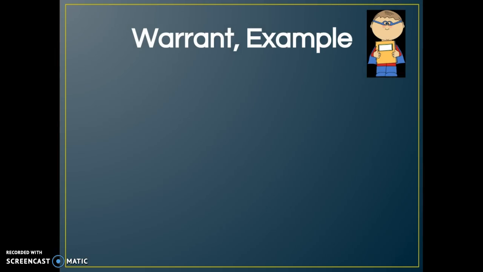So here's how it works. Here is an example. This is one that we've talked about a little bit before. The claim is that school lunch contributes to school obesity. Again, that's a clear claim. It doesn't say in my opinion or I think or I believe. It's not giving the reasons. It's just telling you flat out school lunch contributes to school obesity. In order to prove that case, you're going to have to bring in some data.